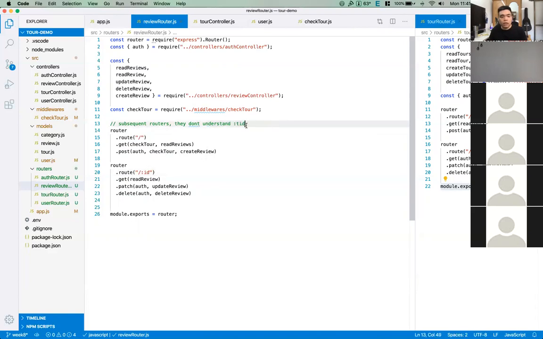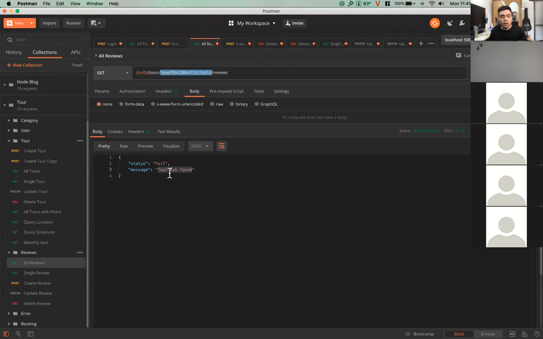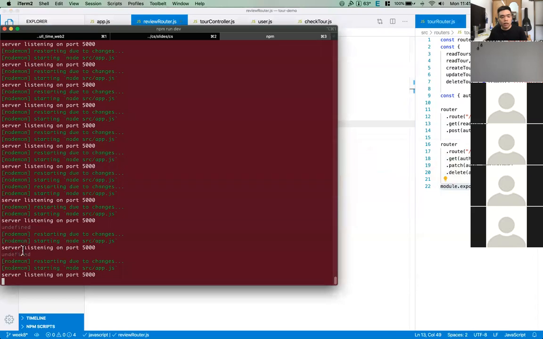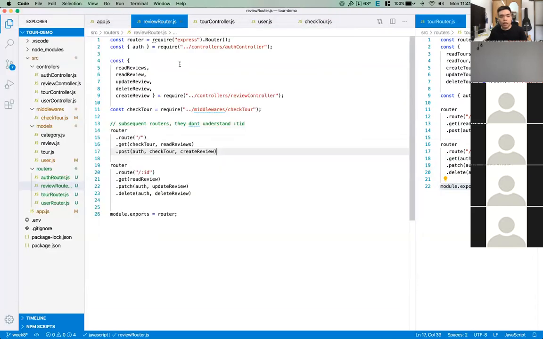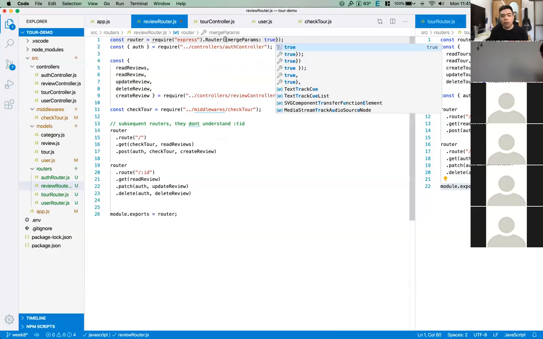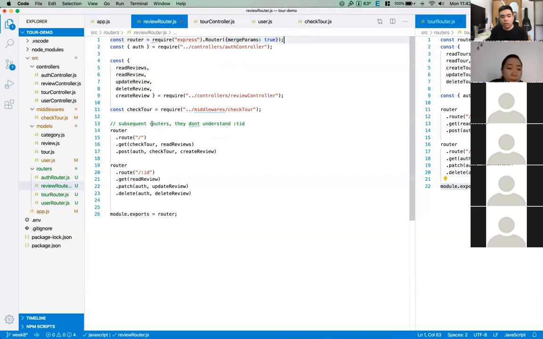They don't understand TID. So that's why, as you can see here, even though I provided it, if you check the log, it's undefined because they don't understand the TID. So in order to make them understand, we need to merge params. Basically you have an option here in the router sheet. Inside the router here, you have an option called merge param, true. We have this option in order to make our subsequent routers understand the params that belong to the